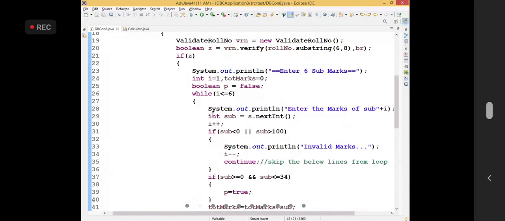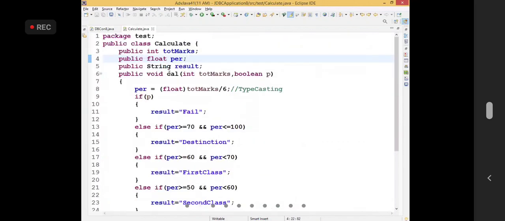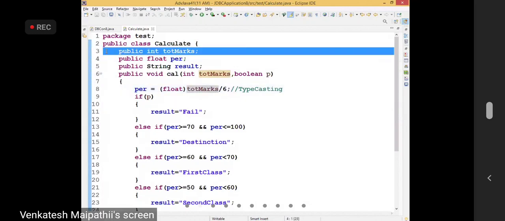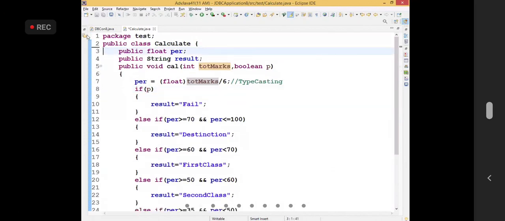Actually total marks are here only, no? Then why am I calculating here? One minute. Remove this total marks. Here total marks are not needed.